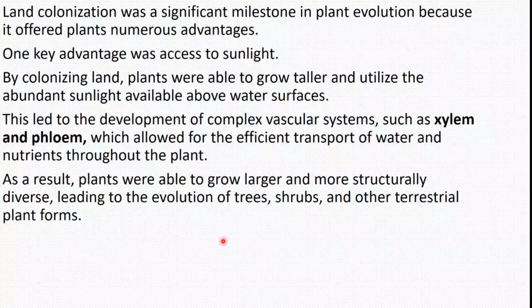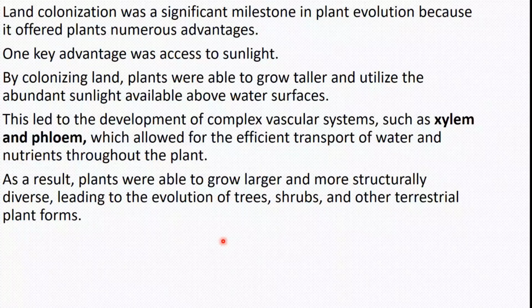So for metabolism also, and also for processes such as energy production. But we're going to talk about glucose production through the process of photosynthesis, and also processes such as biomass production. Sunlight is essential for the accumulation of biomass in plants, which drives the production of leaves, stems and